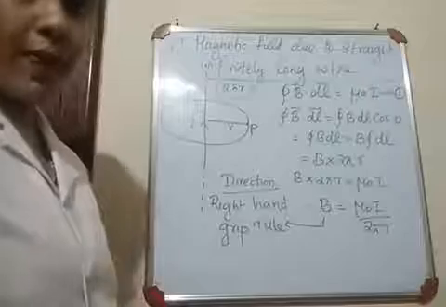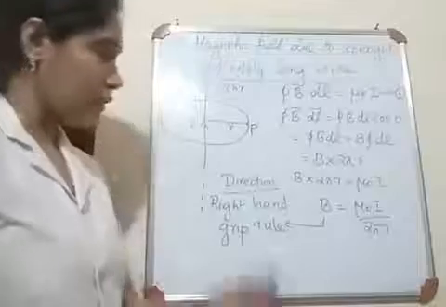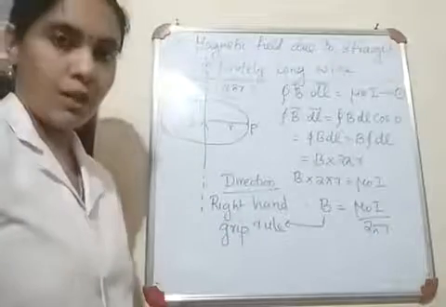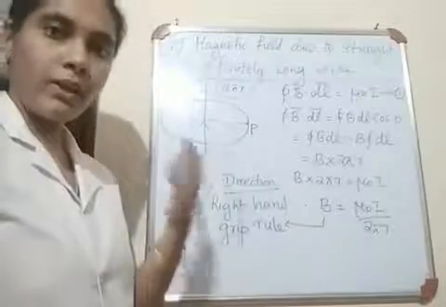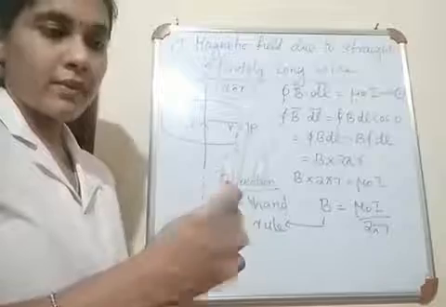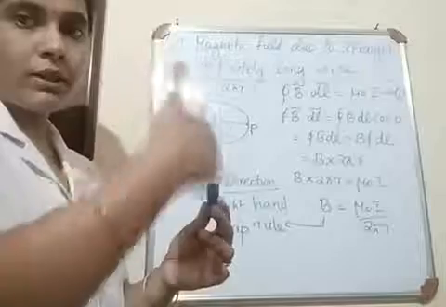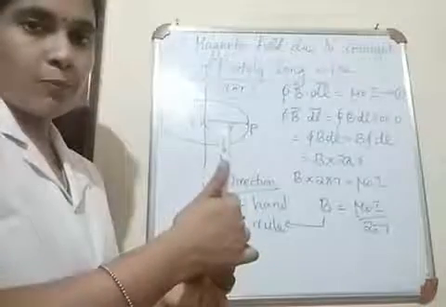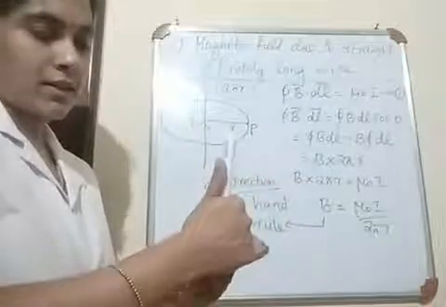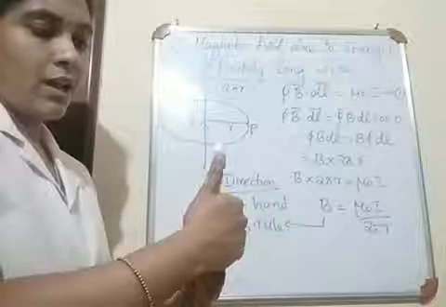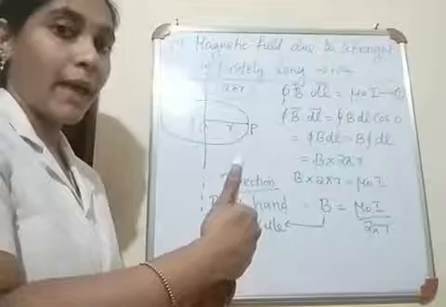What will be the direction of the magnetic field here? To find the direction of the magnetic field, you can use the right hand grip rule. And what do you mean by right hand grip rule? You had already studied this rule in your class 10 physics. Consider this is our straight conductor and current is flowing upwards. So point your thumb along the direction of current. Here current flows upwards, so your thumb also should point upwards. Then curl your fingers. The curled fingers give you the direction of the magnetic field.